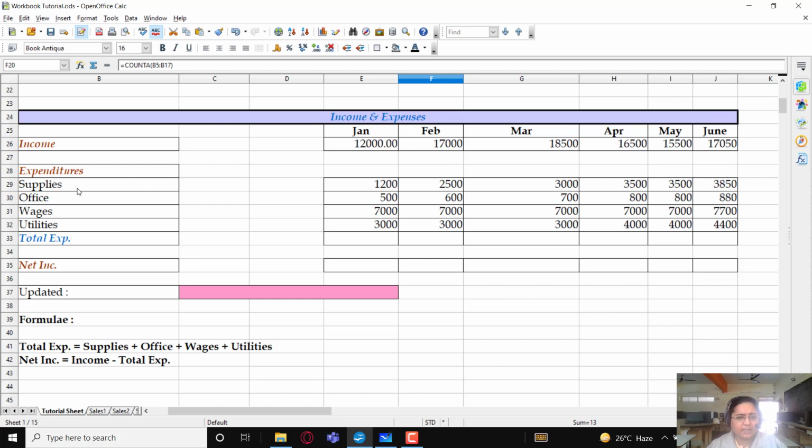The company might have spent money on office supplies like stationery, and some office expenditures like the rent or the maintenance fee, then the wages of the employees, and the utilities like housekeeping or cleaning service or water service.